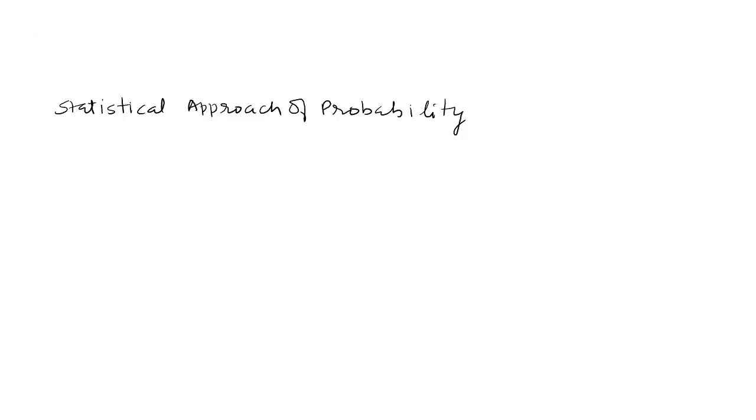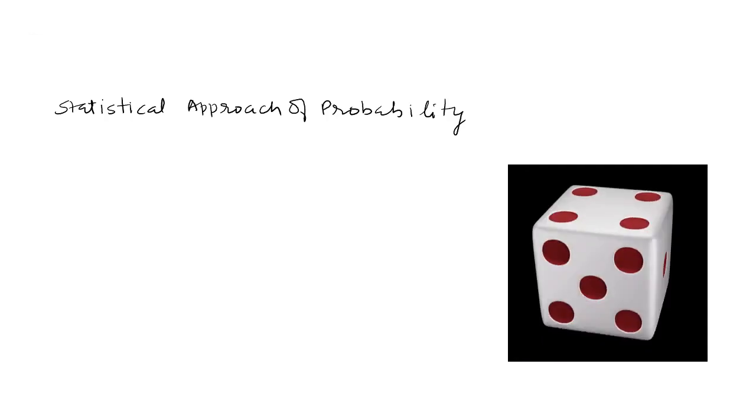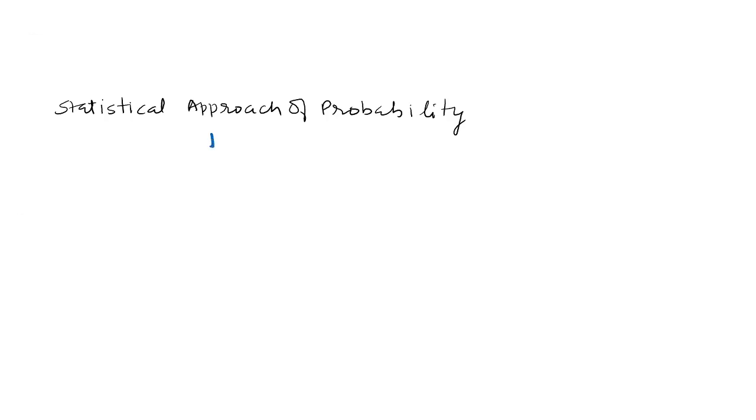The next is the statistical approach of probability, and for this we give an example like this. If we roll a die several times and the observations are noted, and on the basis of these observations the probability is calculated, that is the statistical approach towards probability. I give the example like this: if the die is thrown, then the outcomes are 1, 2, 3, 4, 5